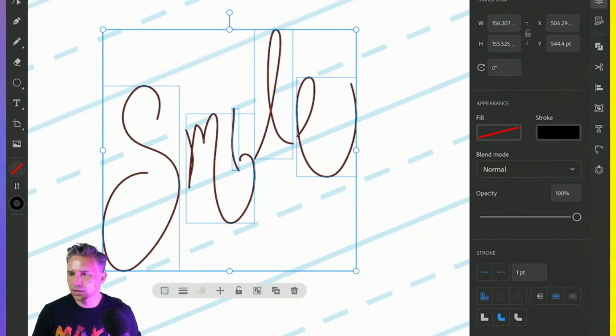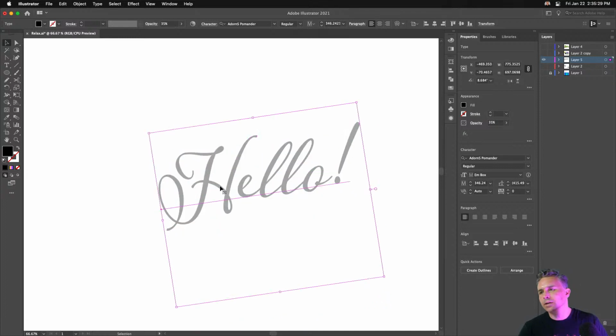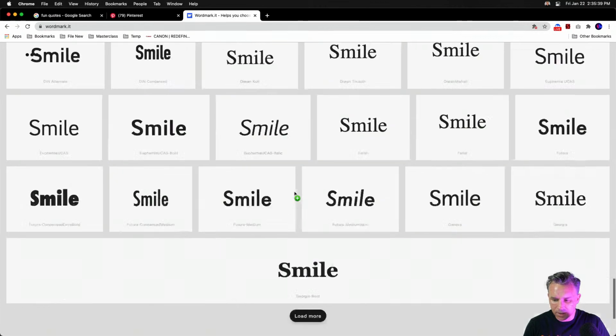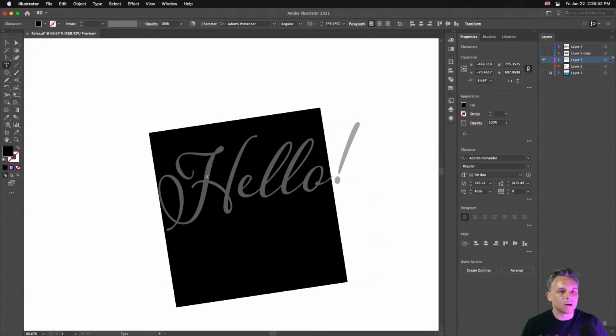Let's switch over. Here I am on my desktop. I'm actually in Illustrator now on my desktop. Haven't transferred over the files. This is just sort of a blank file, but I can even use text, and I could have done this in Fresco, but like we were looking at cool fonts earlier on our desktop, just getting a good idea for text everywhere we can. I'm just going to use this Adorn Pomander. I could potentially use this as a template. So let's do